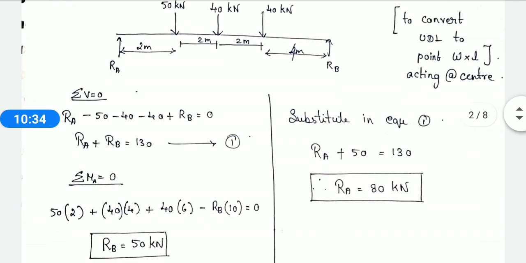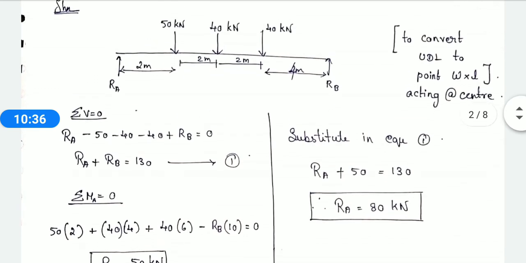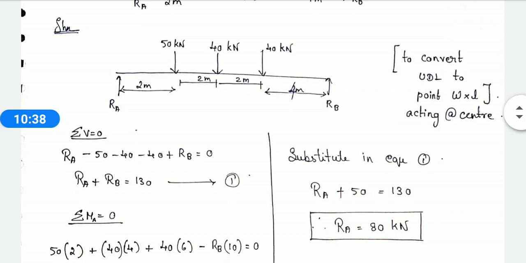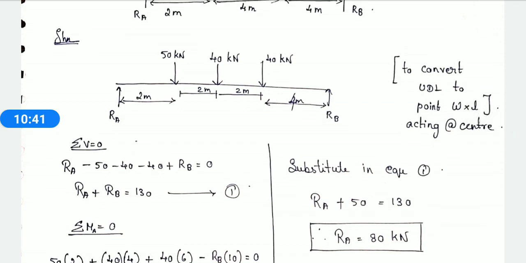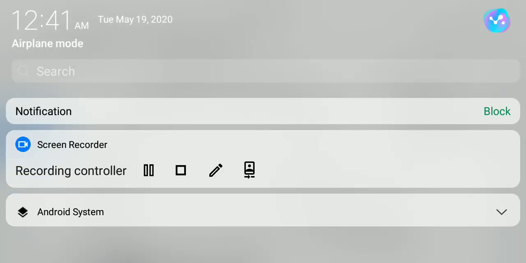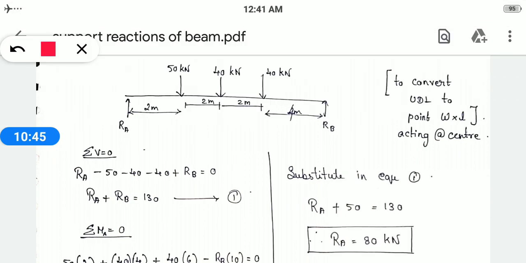Same like you have to do for your moment. How will you calculate your moment? I am taking it in a direction. You can also adopt it at the B point, but the only condition is that wherever you are taking the moment, it should be on one support. Okay, that is the normal condition. So I am taking it on the point A.